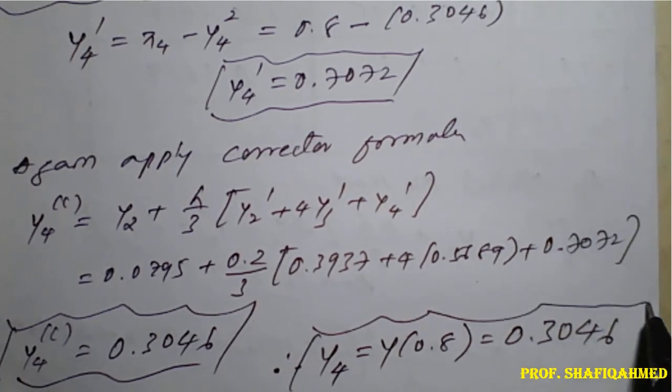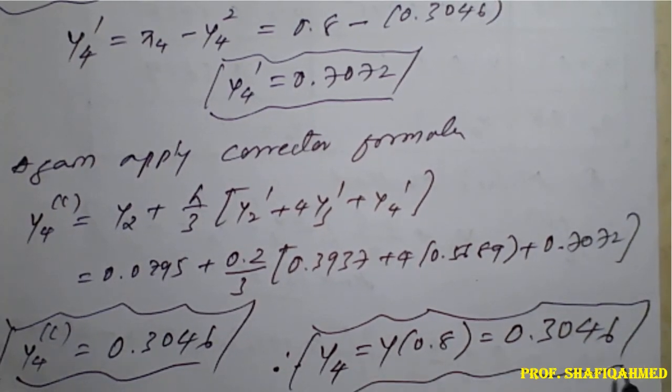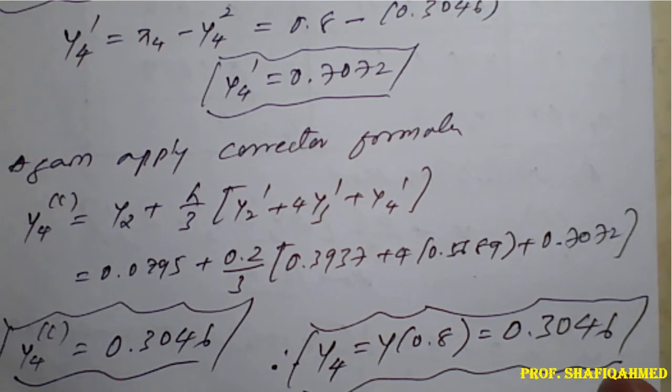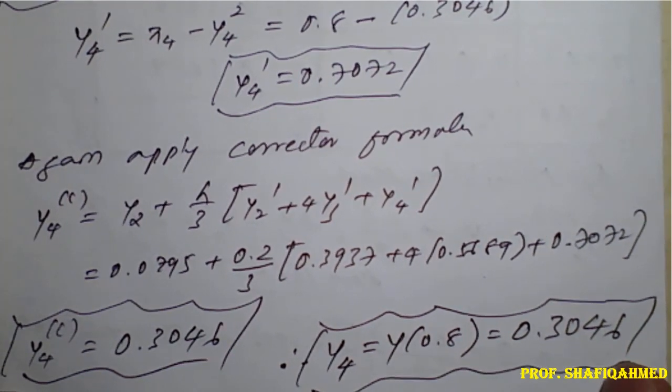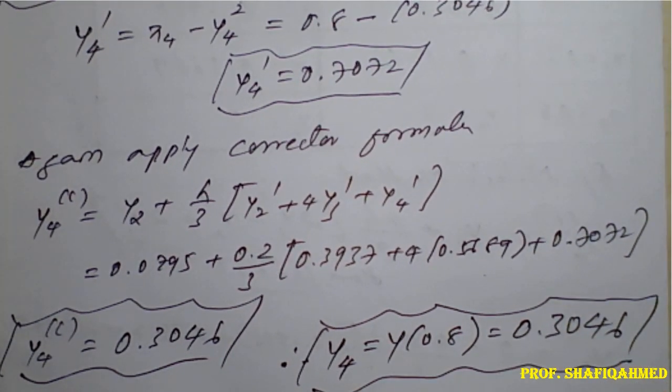In this way we need to get the solution of the given differential equation by using the values of y of x naught equal to y naught, y of x1 equal to y1, y of x2 equal to y2, y of x3